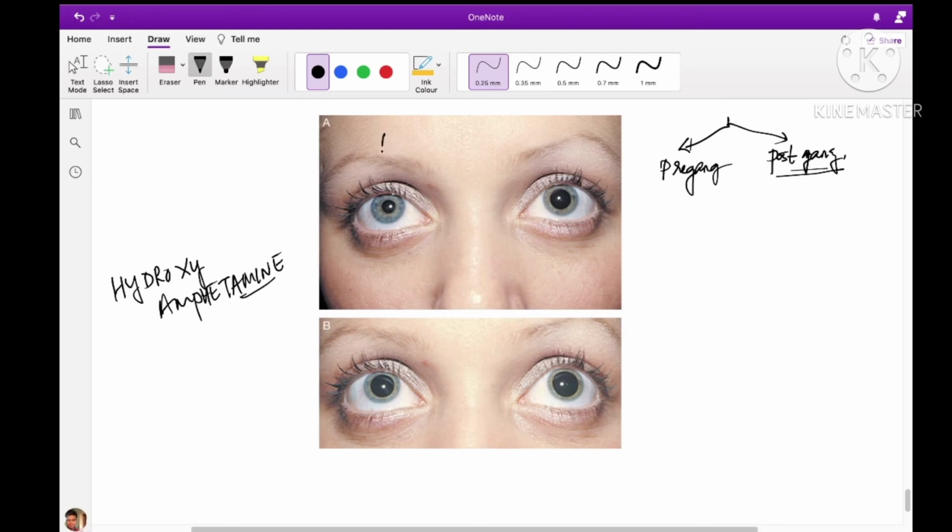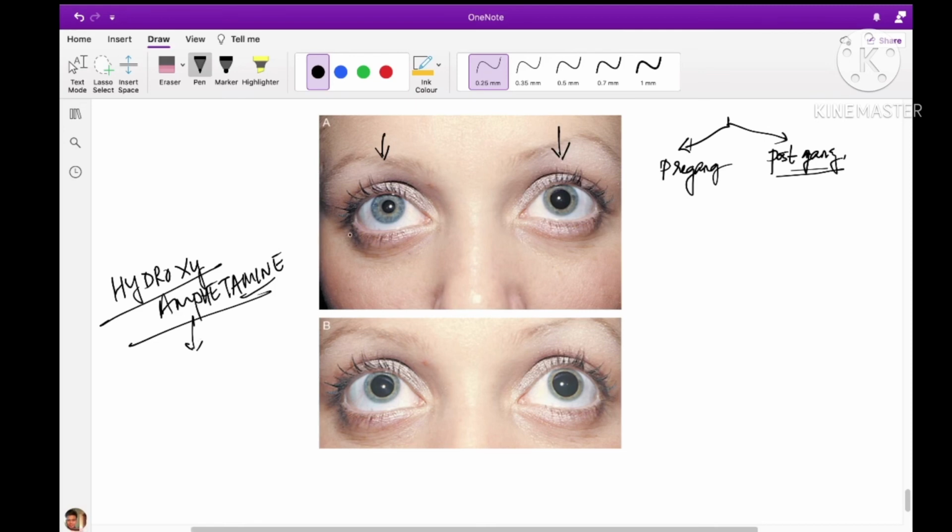Once we have confirmed the diagnosis, for this test we instill drops of hydroxyamphetamine in each eye. This is before instilling. Now you can see the anisocoria is present; both pupils are of different size. After waiting for some time, now we are looking at the result. Before that we should know what the action of hydroxyamphetamine is.